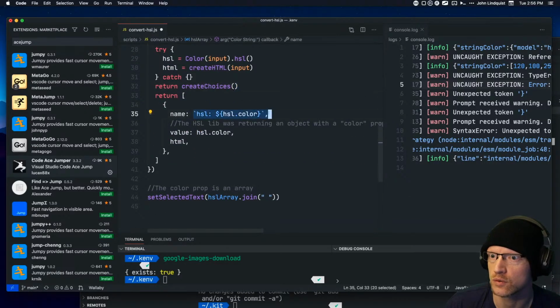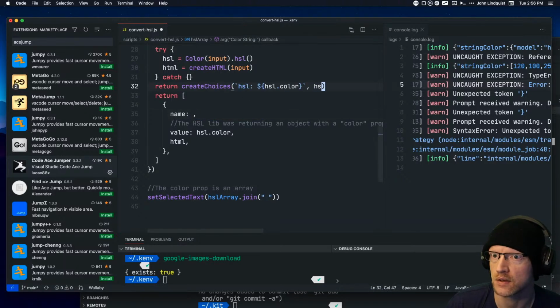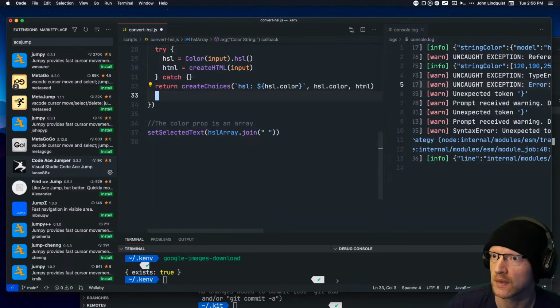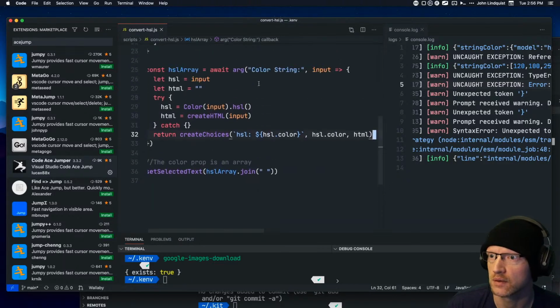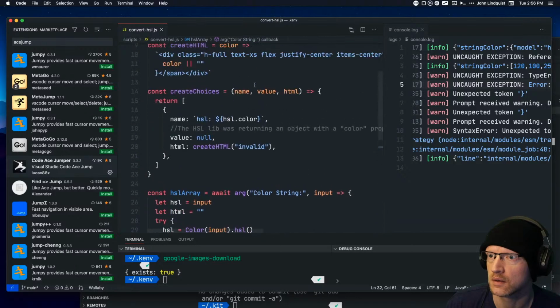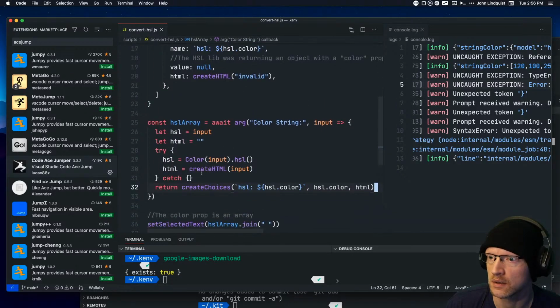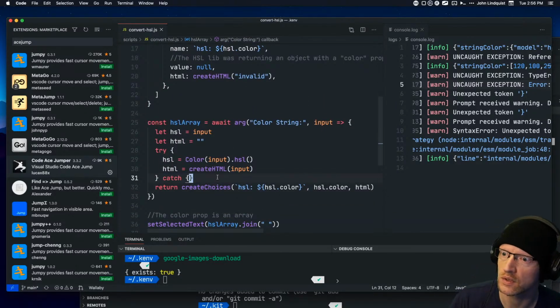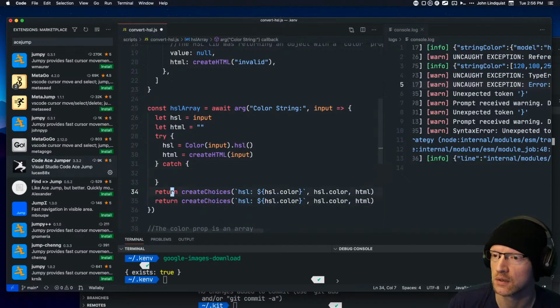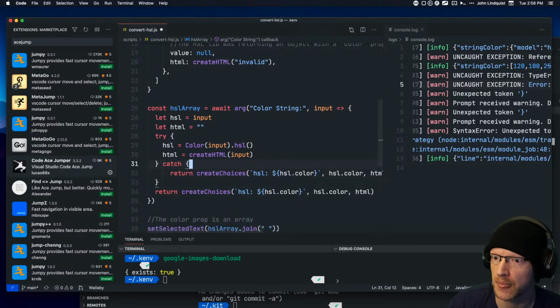So HSL color and HTML, and then that, and then this one was, we'll duplicate that, move that up. So this was HSL